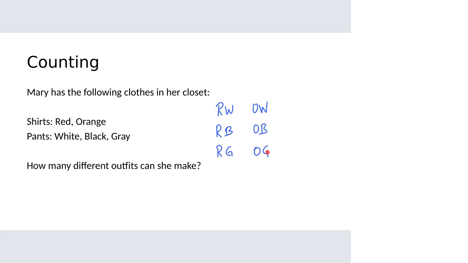I've exhausted all the possibilities. We wind up with 6 different possible outfits, and we just listed them out. We counted them, and this is counting after all. Probably pretty comfortable there. You can let me know if you have any questions. My next question for you, though, is,